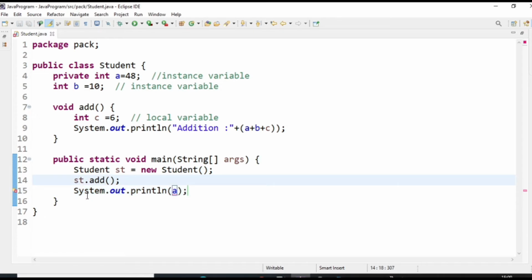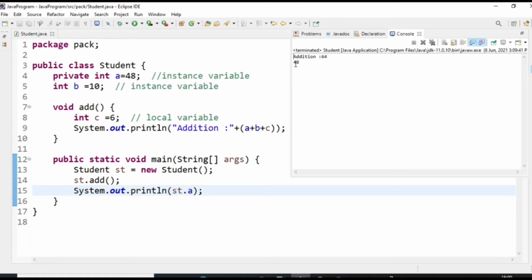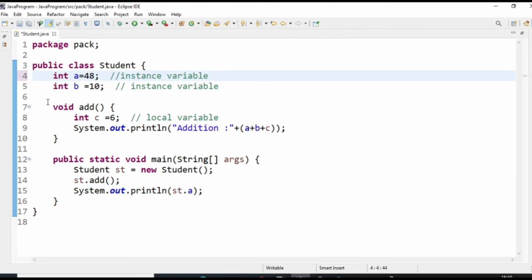See, we cannot call an instance variable directly from a static method. So for calling this instance variable inside a static block, we have to create an object, and with the help of that object we can call the variable. The output. So this is all about instance variable and local variable.